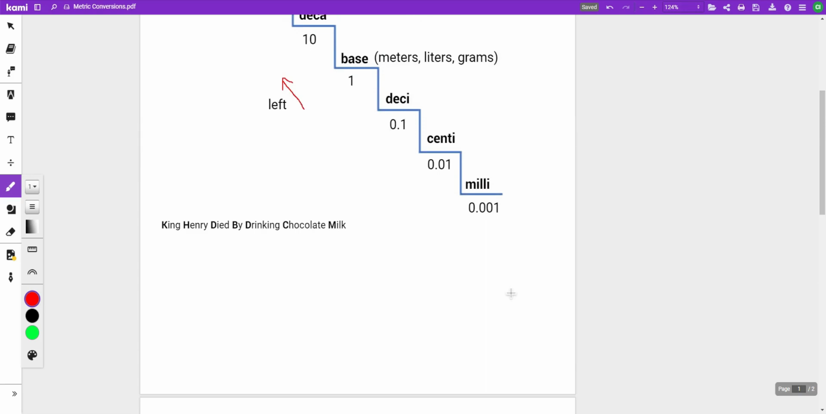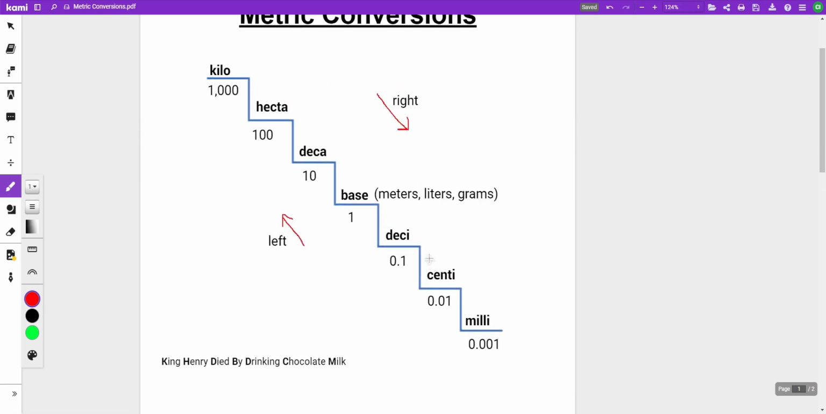So if you go back up to your staircase, you're going to go from centi all the way up to kilo, and you do not count the step that you're on. So that would be 1, 2, 3, 4, 5. So we're going to move our decimal 5 places, and since we're going up the staircase, we're going to the